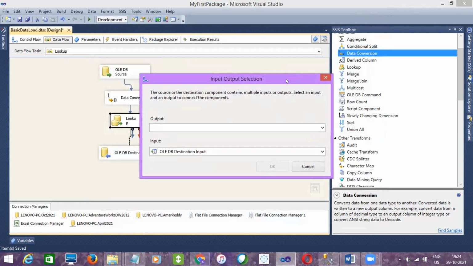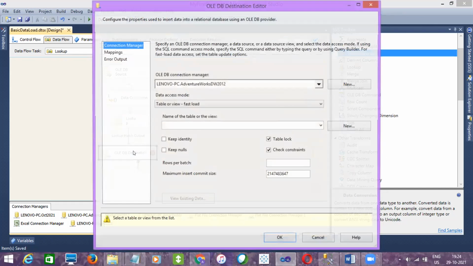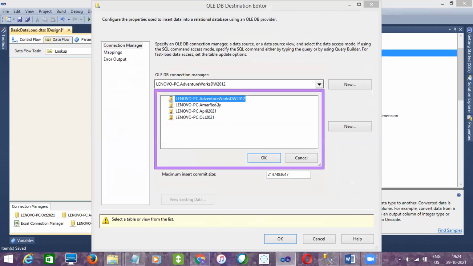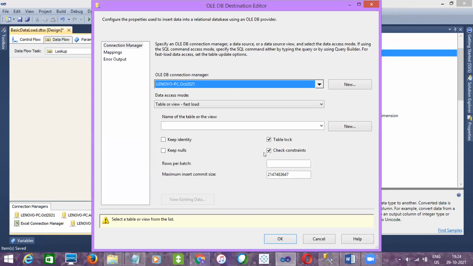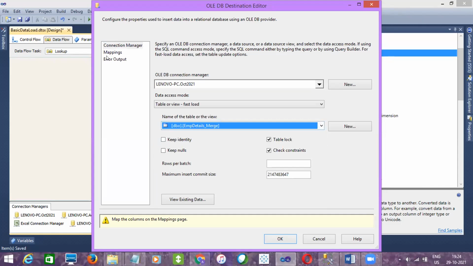And then once you give a connector between lookup and then destination, a window will pop up and you have to use it here. Which operation you have to use, lookup match or no match? So first I'll use lookup match, which means it will load only the matching records, right? So here I should select the destination database